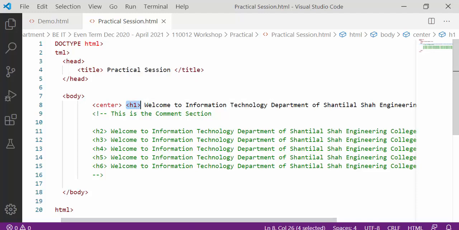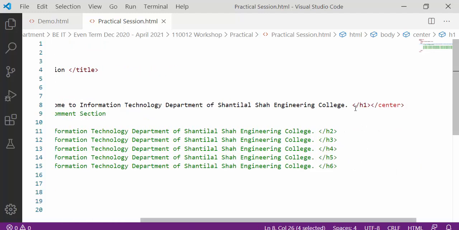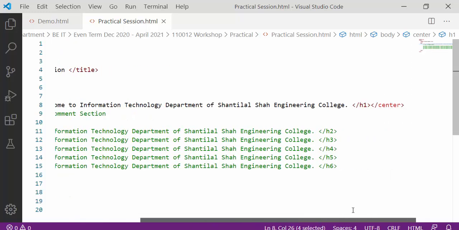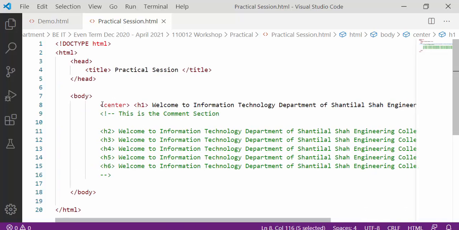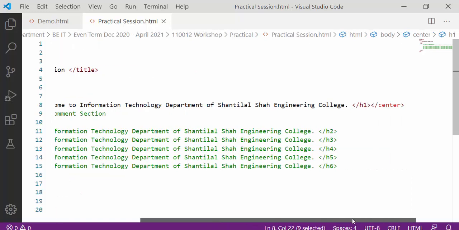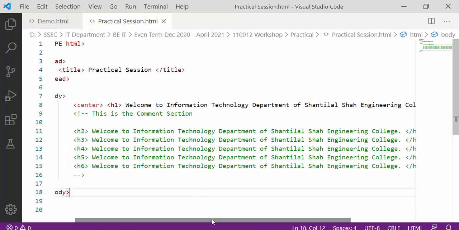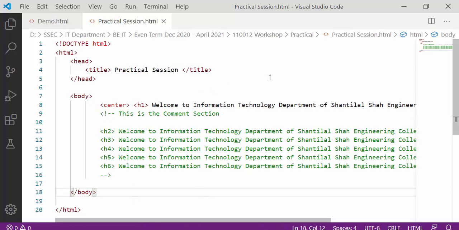The inner tag should be closed first, and then the outer tag. So you have to maintain the sequence of the tags that we have applied for the same data.